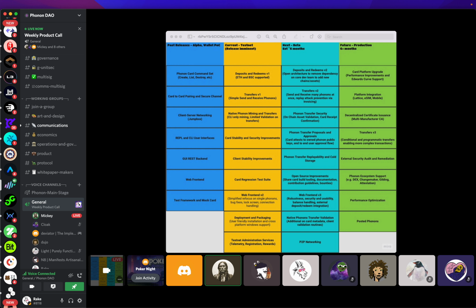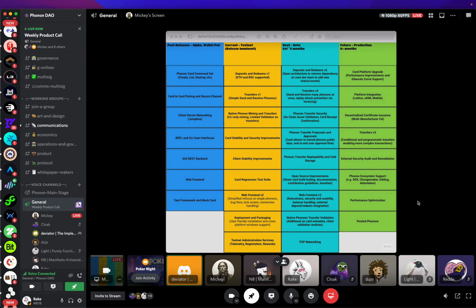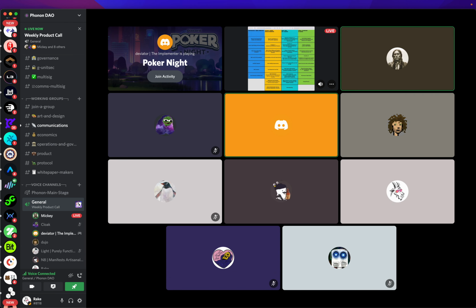Replayability is to be able to send the phonon I have just received to somebody else. Is that replayability? No. You could probably use a better name for that. Replayability is really just conceptually preventing the possibility of total loss of a phonon. It just means that a transfer that's sent from your card will be replayable from your card if needed. So if it should get lost in transit, due to some network glitch or power failure, it's able to be replayed, and therefore you can complete transferring that phonon and not actually completely lose the phonon. Right now there are some small edge cases where that is possible.